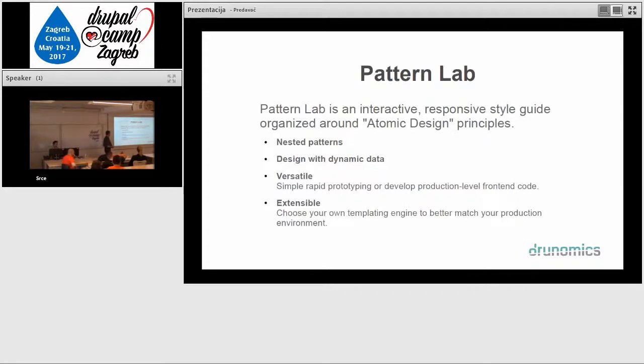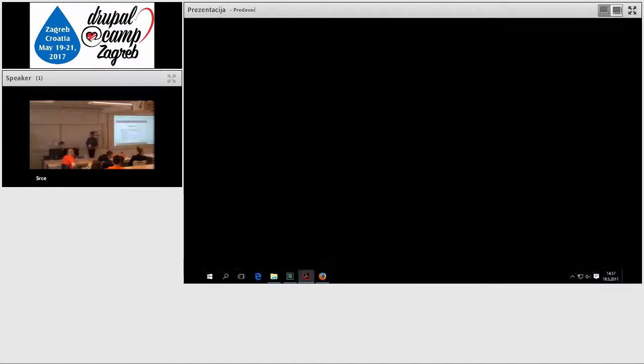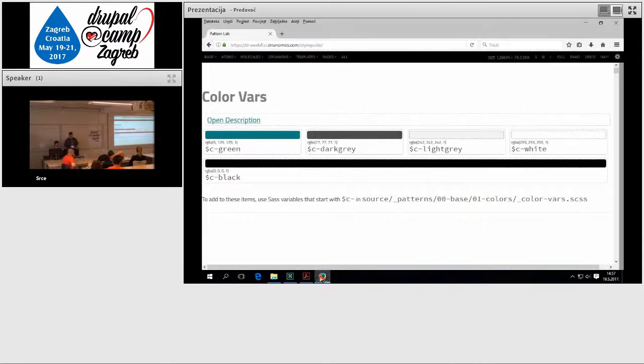Okay, so I can just show. Here we have the style guide for a new website which we are currently developing, and you see this is an older iteration, before we implemented our component-driven design. This is also atomic design, but it can also be used differently. So we have here